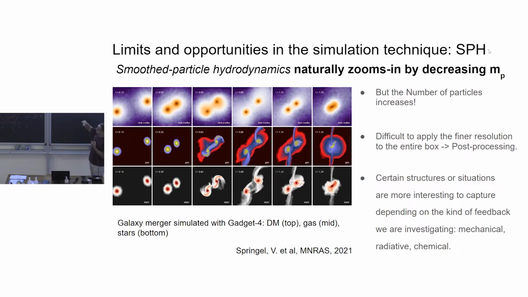So if you wanted to follow this process with your method, you have to follow the merging of the dark matter components, which is on the top. You have to follow consistently the gas component merging. You see the differences. Dark matter doesn't go through collisions. The gas is going through shocks. And the structure appears in a different way. But you also wanted to merge consistently the stellar component, which is the bottom panel. And you follow the process in time from left to right until the